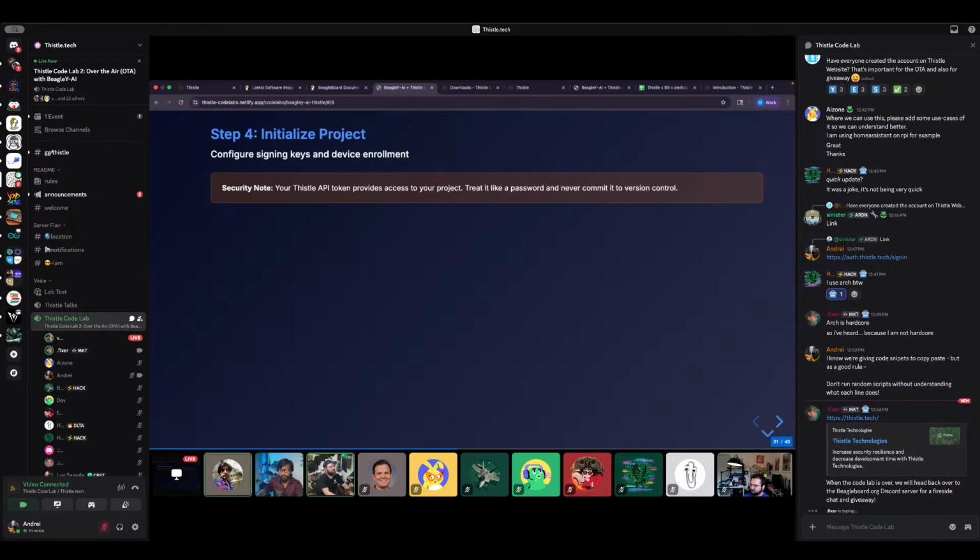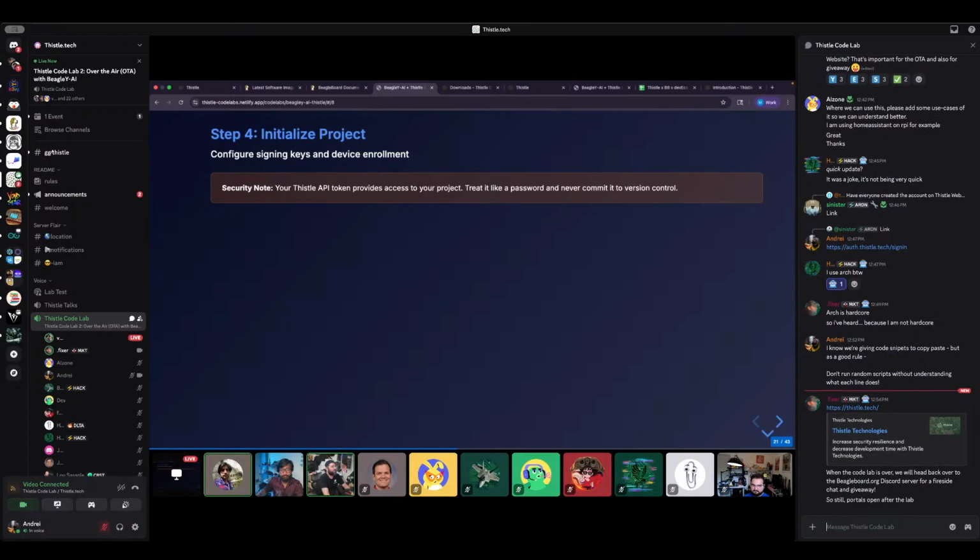Cool. So again, recap. We have our device. It has the Thistle update client installed. We have the Thistle release helper installed on our workstation. And our board is connected to Wi-Fi. And so the next step is we take that